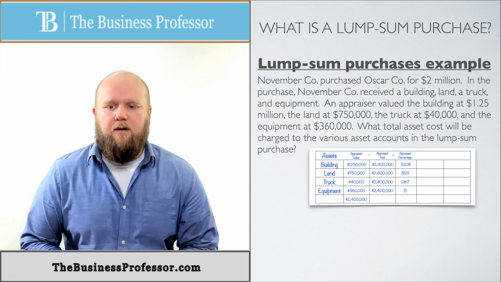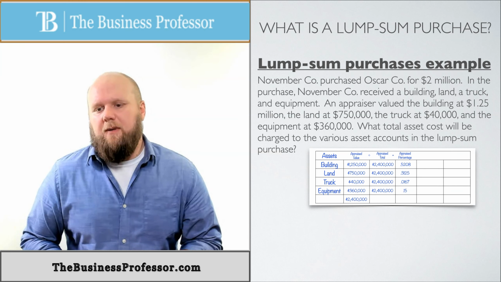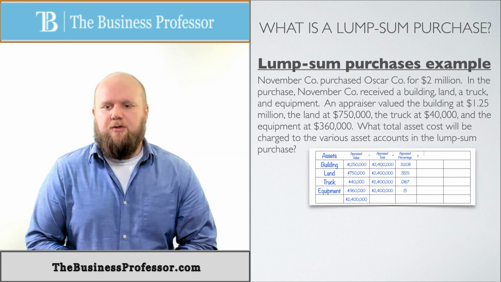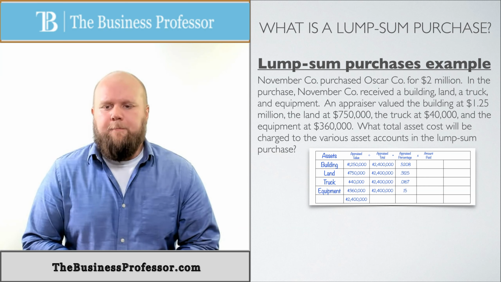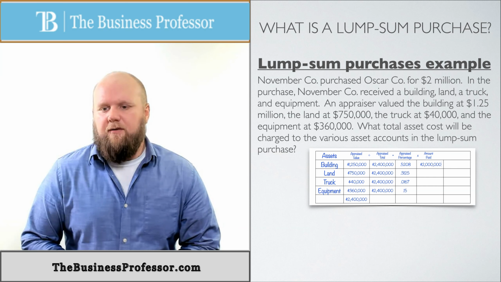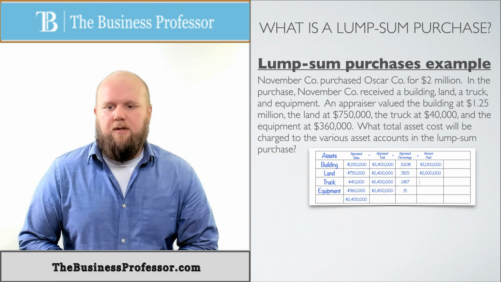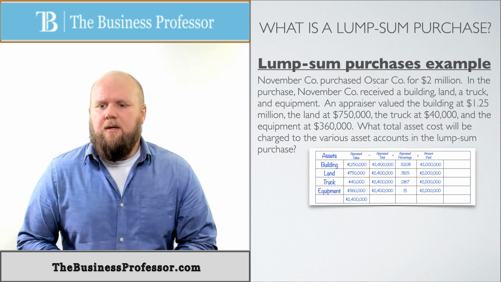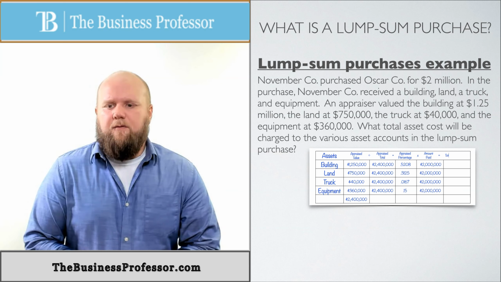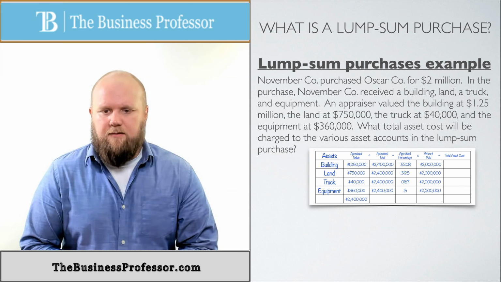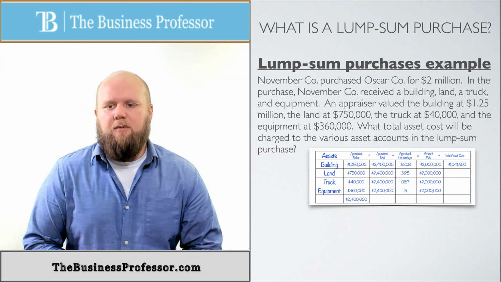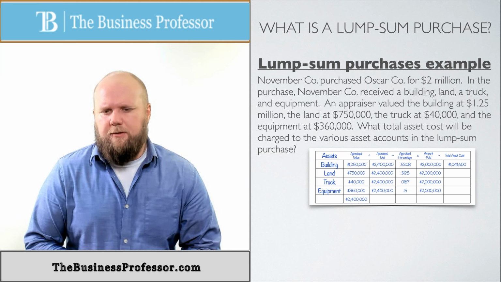Once I have each of their appraised percentages, I'm going to multiply each of those by the total that I spent on these things, the total cost, or the amount paid. So multiply this by 2 million for each of them. Again, I could have done this a little bit quicker, but accounting is not for quickness. Multiply that, and that's going to give me my total asset cost for each of these. So I'll multiply 52.08% times the 2 million. That's going to give me 1,041,600.